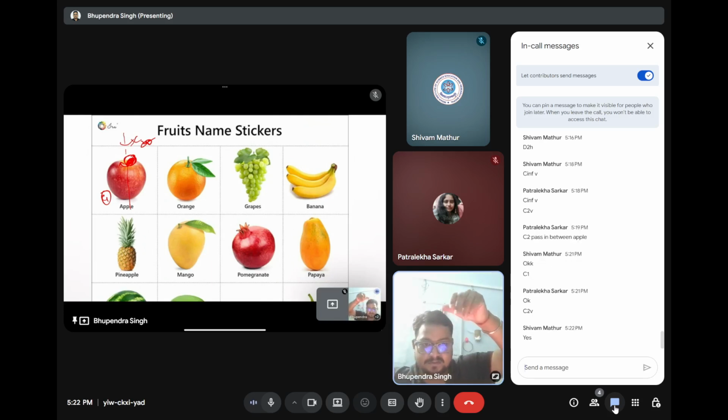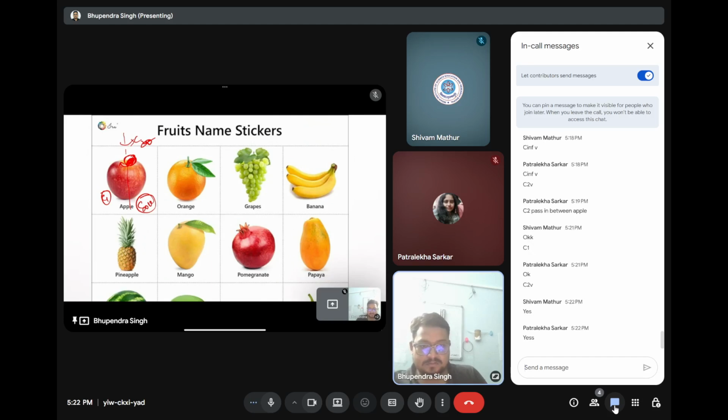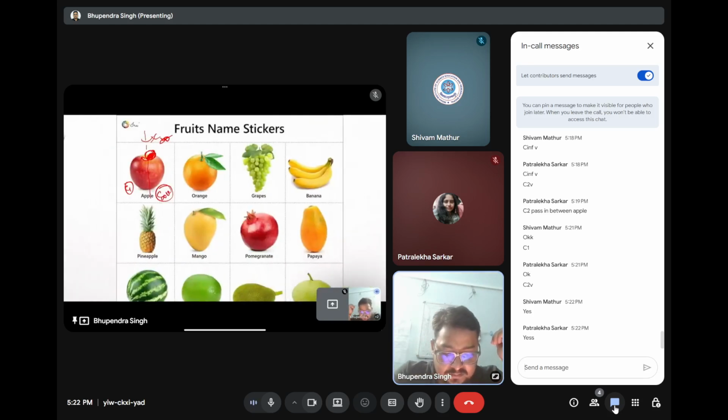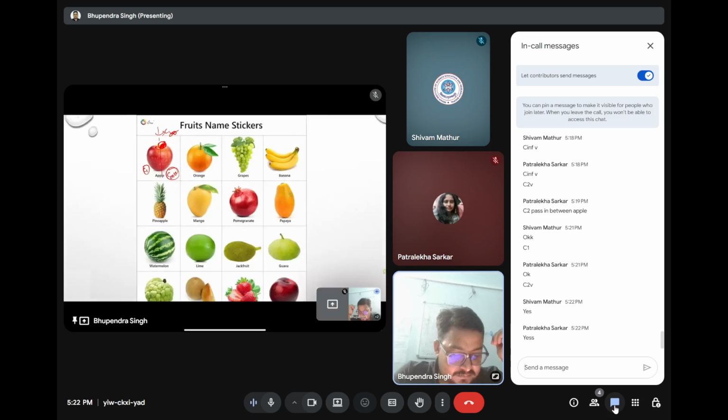Just rotate the apple by any angle. So C infinite and V. But Lekha, am I clear to you? Yes. So again and again you are making the same mistake. I don't know why. Anyway, tell me the point group, if you are able to,